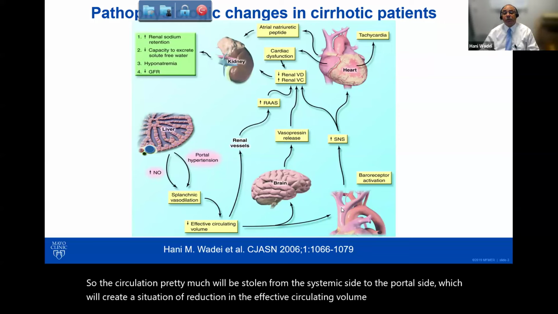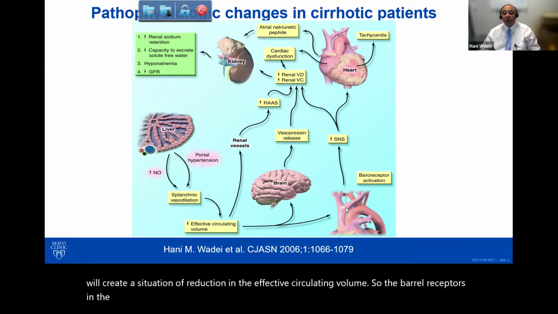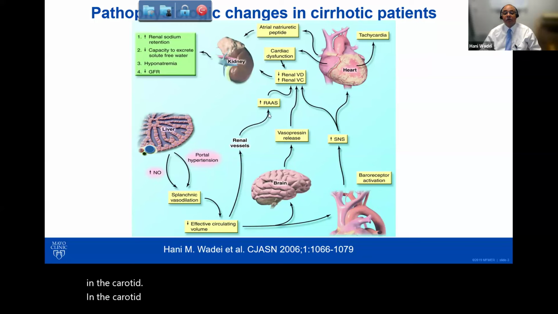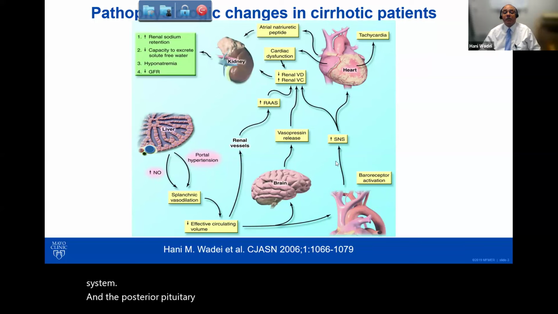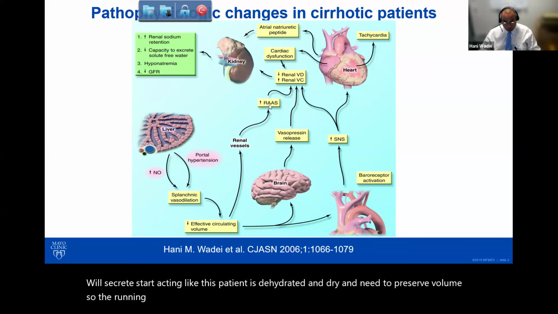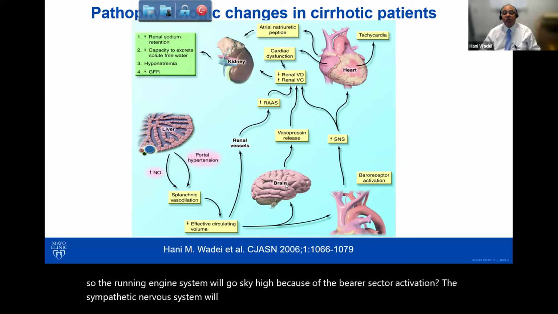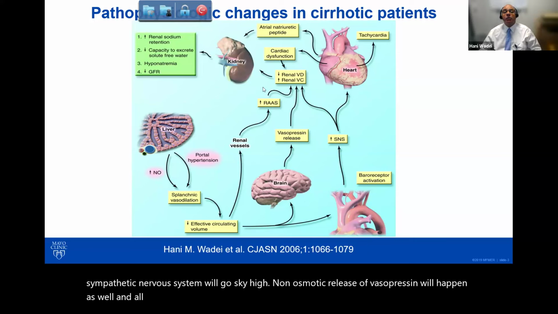So the baroreceptors in the carotid and other pressure sensing receptors in the body, like the renin-angiotensin system and the posterior pituitary gland, will start acting like this patient is dehydrated and dry and needs to preserve volume. So the renin-angiotensin system will go sky high. Because of the baroreceptor activation, the sympathetic nervous system will go sky high. Non-osmotic release of vasopressin will happen as well. And all this is aiming to create a situation of vasoconstriction to maintain the circulation at